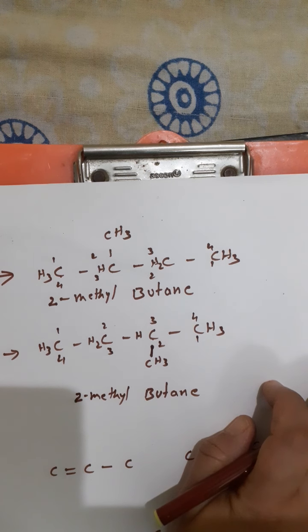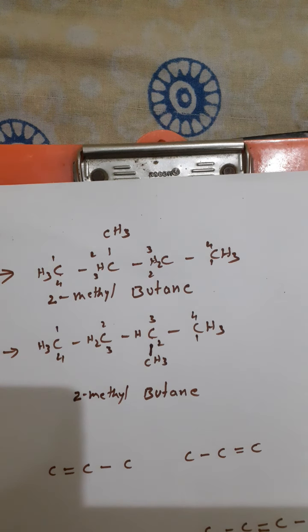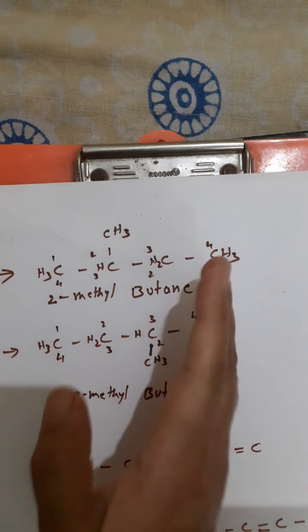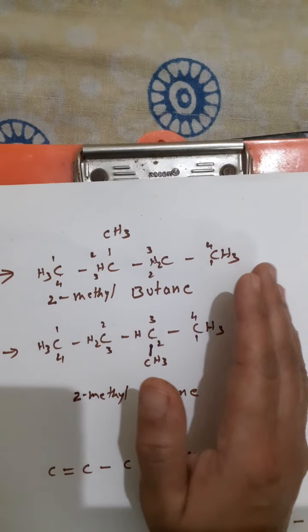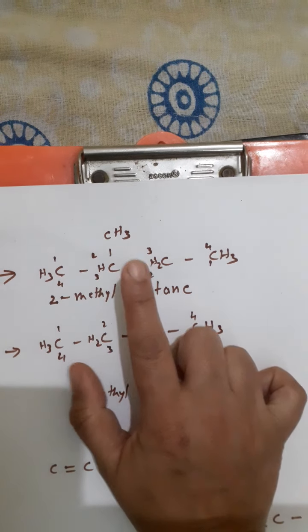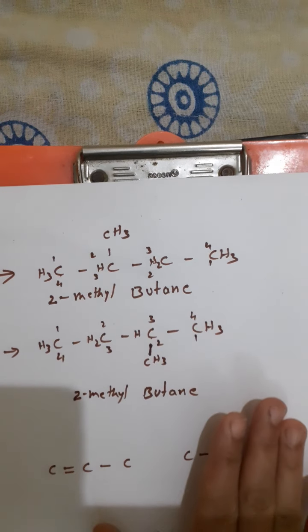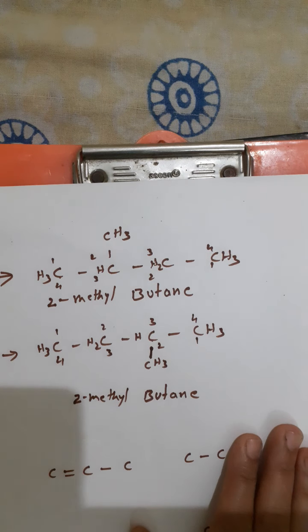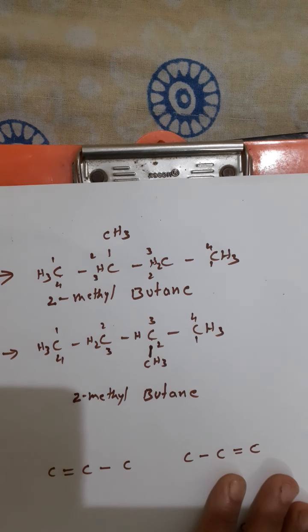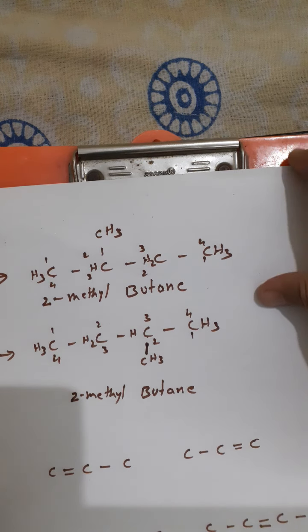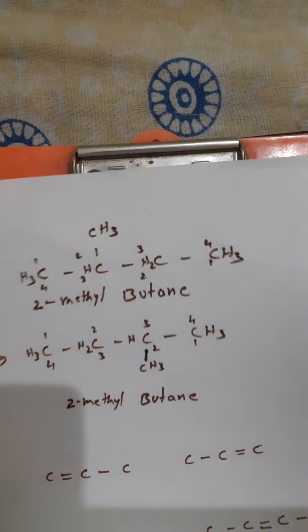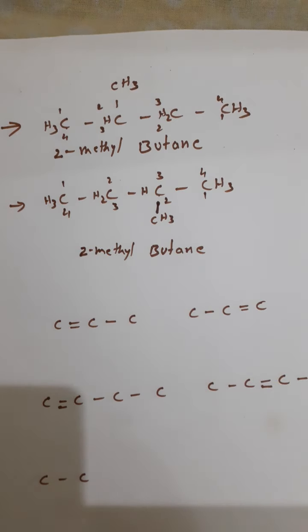Okay, children. So remember, children, it is not that always naming is done from the left to right. It can be from either left or from the right, provided the attached substituent is getting the least number. Okay, children. So clear with this? I hope. Yes. So now let us move on further. We will take one more example. Okay. Now observe this structure.